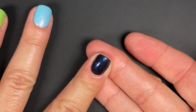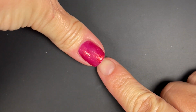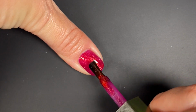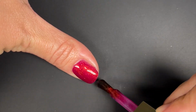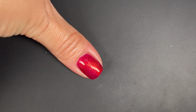So anyways, you can see how this one builds up perfectly fine. They all do, honestly. Now let me show you the red, because we already know that I almost did two coats on this one. But if you build it up a little bit thicker, you do get a super red awesomeness. Okay, so